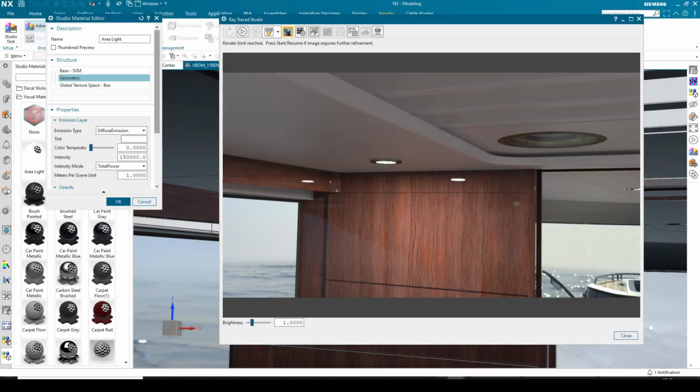What we've done here is we've lit the exterior with an HDR, and then in the interior we've used the modeled lights from the yacht itself and applied an emissive material there. So it's a material that gives off light. We've controlled the power of those, the emissiveness, to give us a lit effect inside of the yacht, not building. That's how we're controlling that, and that's how we're lighting it.